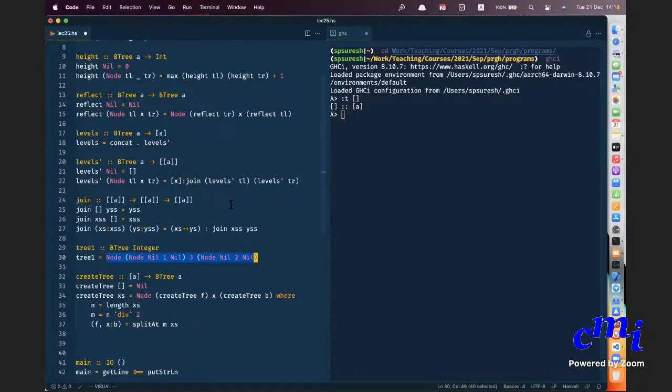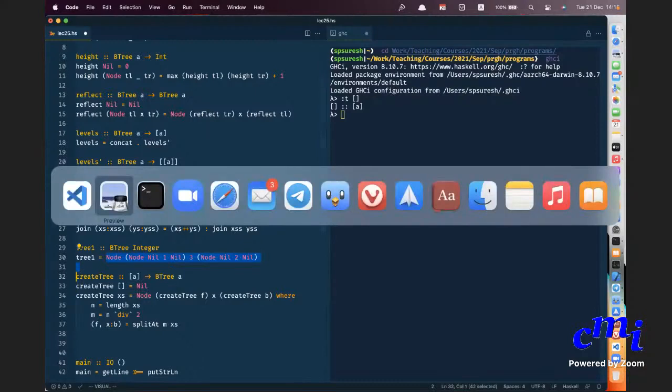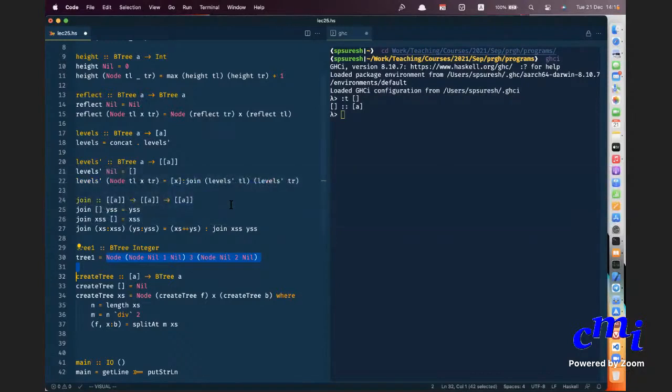When you convert a list to a tree, you can convert it in any which manner, right? There are lots of ways in which you can convert a list to a tree, not just the shape of the tree, but also the order of the elements in the tree. So now recall, I suppose you recall these expression trees that we wrote in the previous lecture. If you want, I can bring it up.